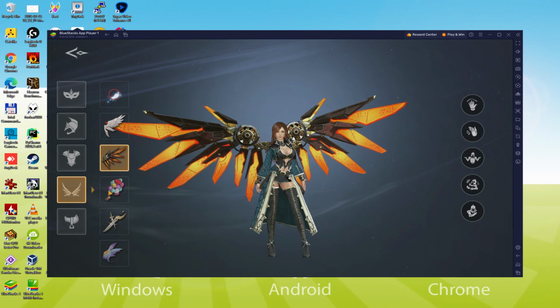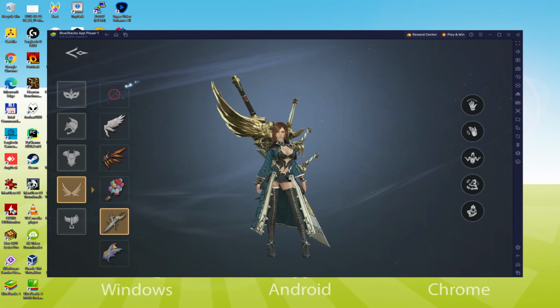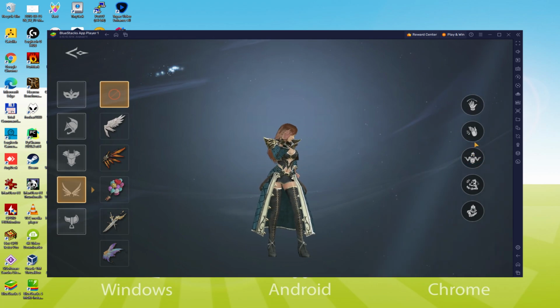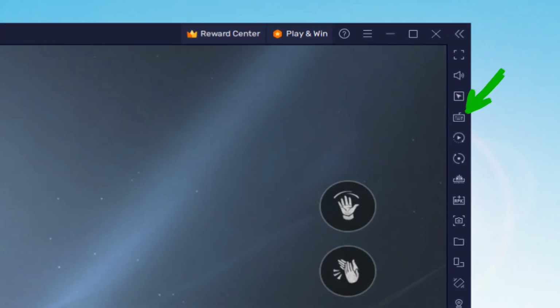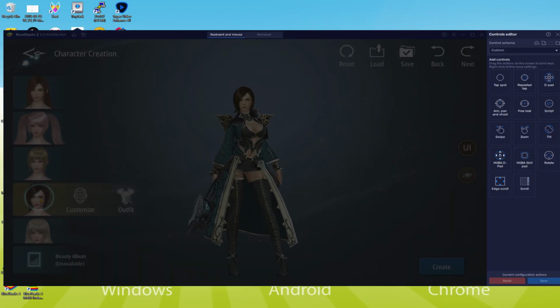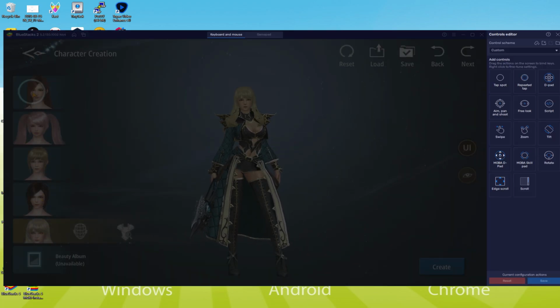At this point, I am ready to explain the keys mapping which is definitely quite helpful. With that we will be in a position to operate the game far more easily. The first step is to click this keyboard icon. It's now time to get the appropriate setups. I'll go ahead and leave the default settings. However, if you need to change that, you can do it without any problem.